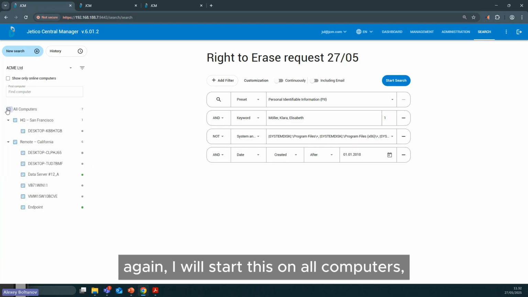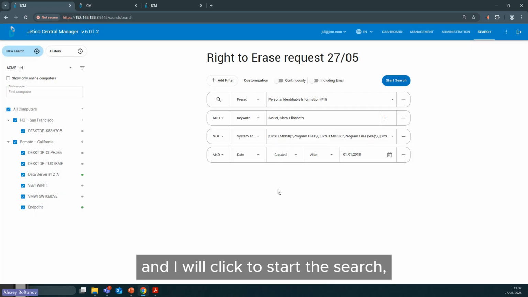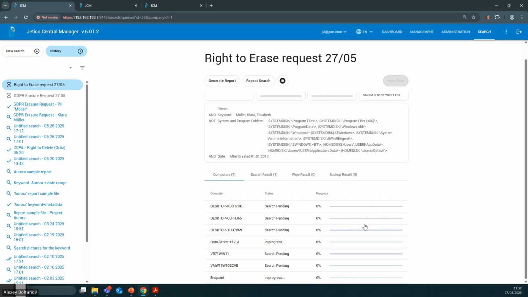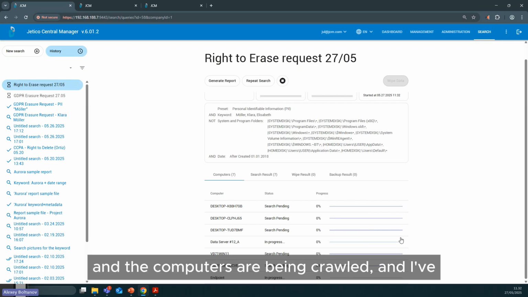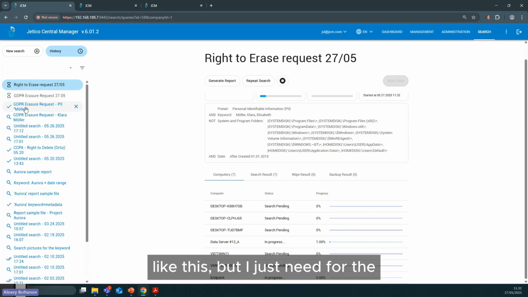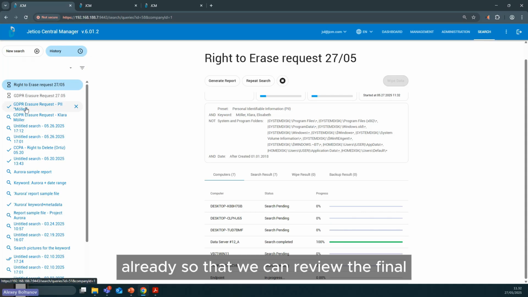And again, I will start this on all computers, and I will click to start the search. And the computers are being crawled. And I've actually prepared an example search that is exactly like this, but I just need, for the sake of this demo, something that has finished already so that we can review